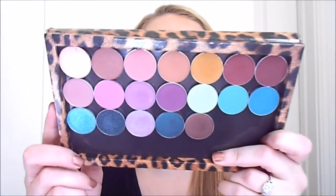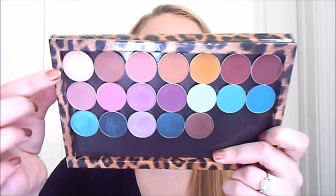The eyeshadows are amazing quality and very inexpensive. She has a couple different formulas of eyeshadows. She has her regular line of shadows, which would be the first and second rows here that are only $6, and then in this bottom row I have the duochrome shadows, which are $6, and the foiled shadows, which are $10. So just to show you guys a closer look at my palette,